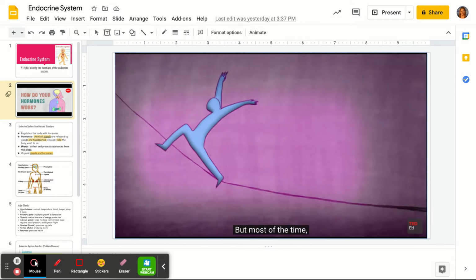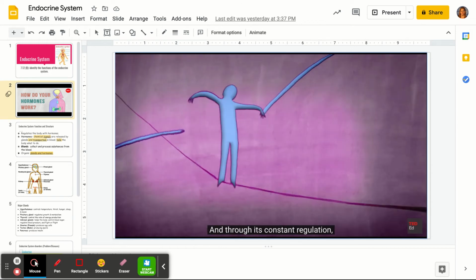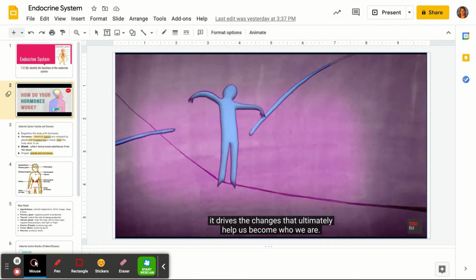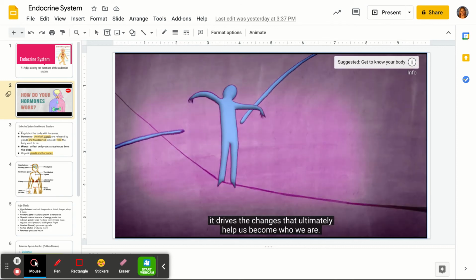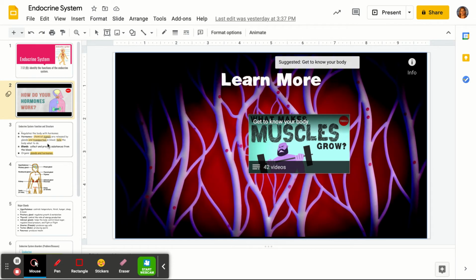But most of the time, the endocrine system manages to keep our bodies in a state of balance. And through its constant regulation, it drives the changes that ultimately help us become who we are. If you want to learn more about the ins and outs of the human body,